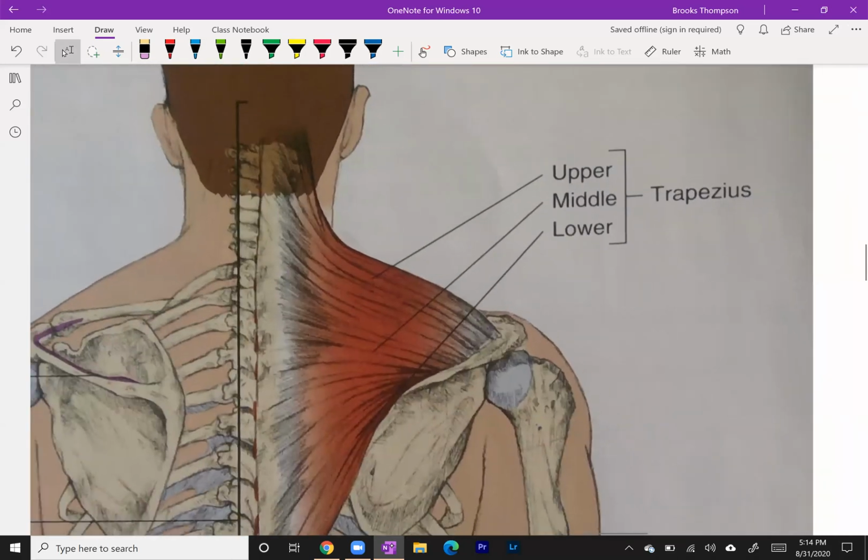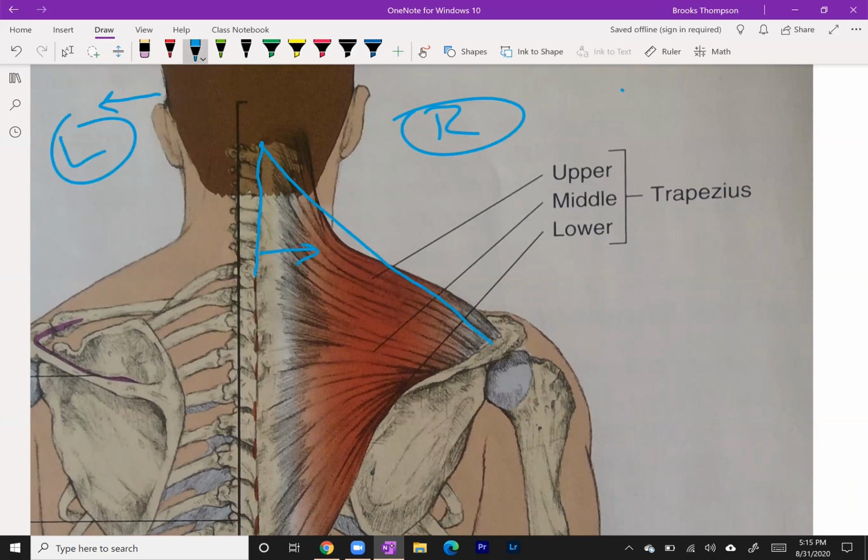And then our third guy here that we really want to talk about is the trap, specifically the upper trap. Now, the upper trap is going to insert on the transverse process, the spinous process of the vertebrae. So if it goes from the spinous process down to the scapula, what's that pull going to do? That pull is going to pull the spinous process this way, which then is going to turn your face this way. So right side trap is going to give you left rotation, which means we have